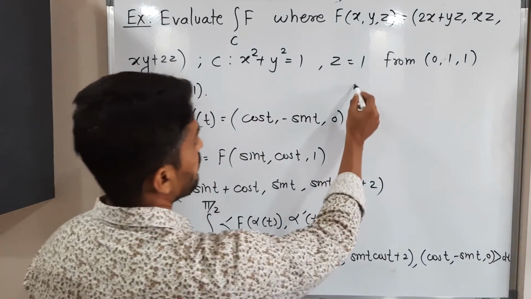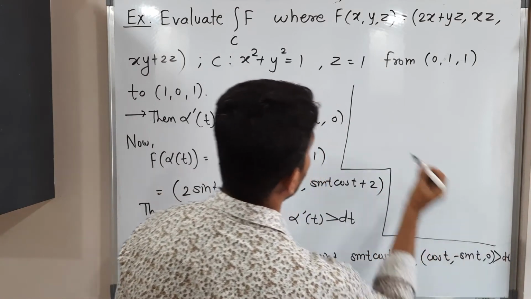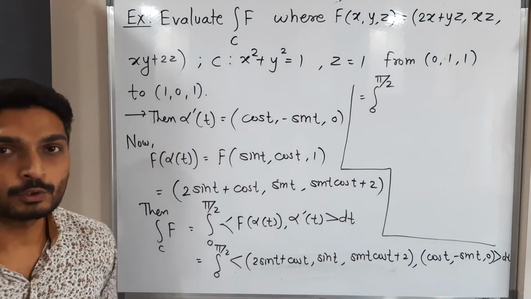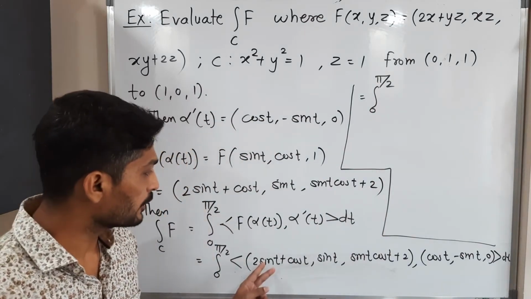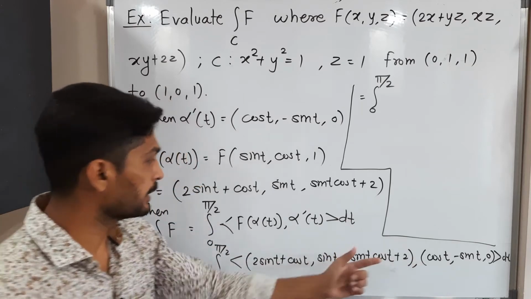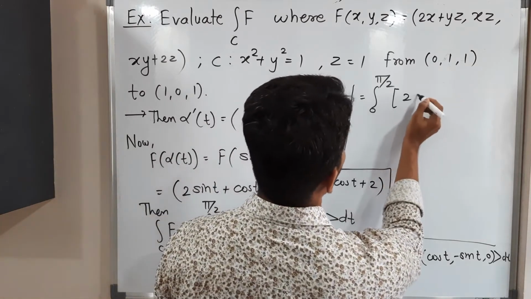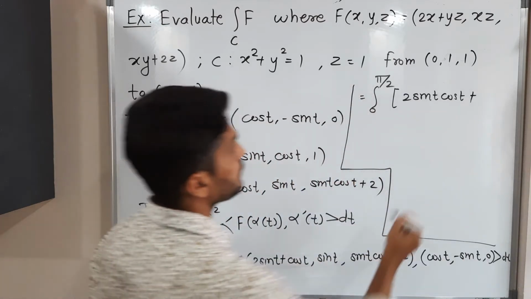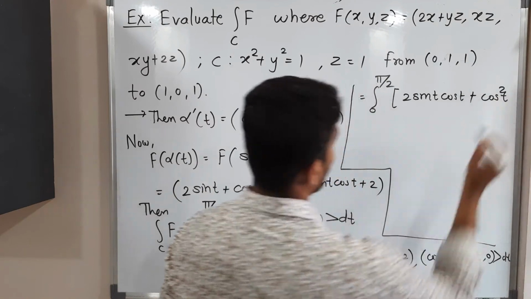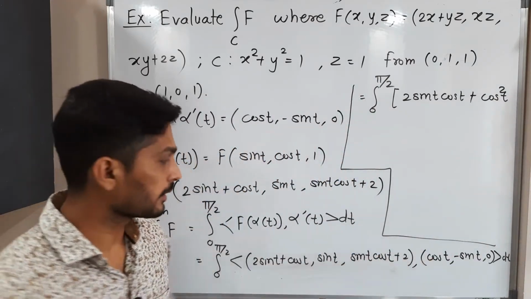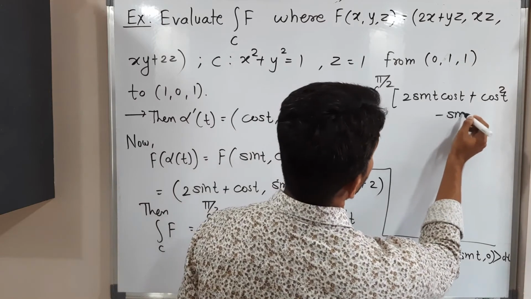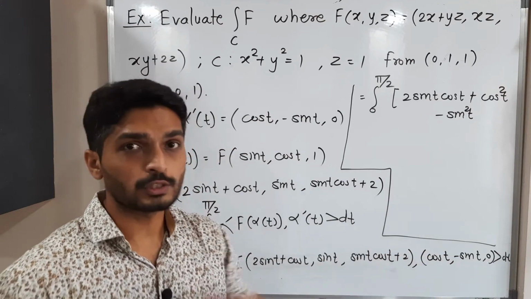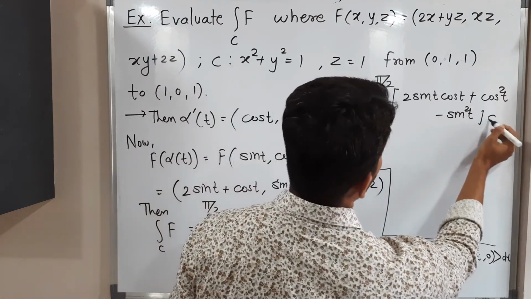Okay, so see, we have some space, let us use it. So this is equal to integration 0 to pi by 2, right? You know how to find the value of the inner product. First component into first component, that means this one into cos t. We will have 2 sin t cos t plus cos t into cos t, cos square t, right? Second component into second component, minus sin square t. Third component into third component. Fortunately, we have got 0. So 0 into anything is 0. No need to write dt.